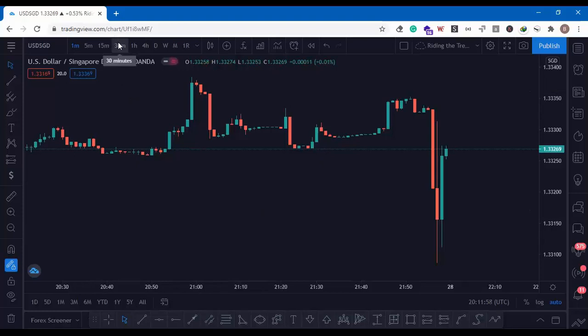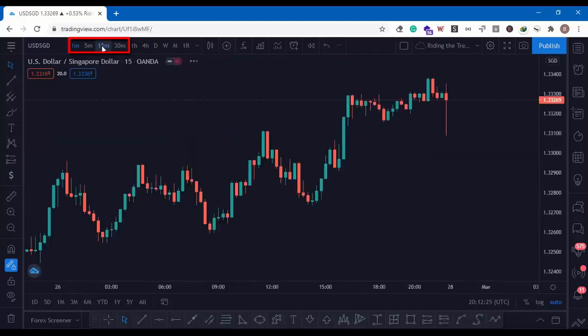Now, mind you, anytime a trader is saying smaller time frames, they are usually talking of time frames below 4 hour. But scalpers use more like the maximum is probably 1 hour or 30 minutes, but they are mostly using 1 minute, 5 minutes, 15 minutes time frame to do their analysis or to trade. So they use the smaller time frames because they want to be in and out fast and make their profits fast. So that is scalpers.